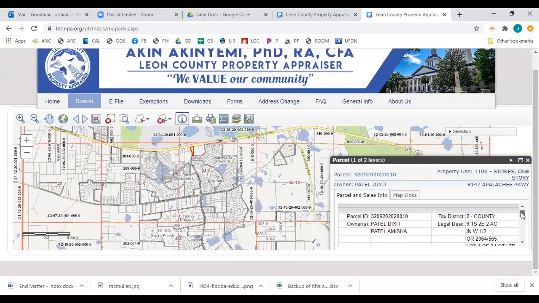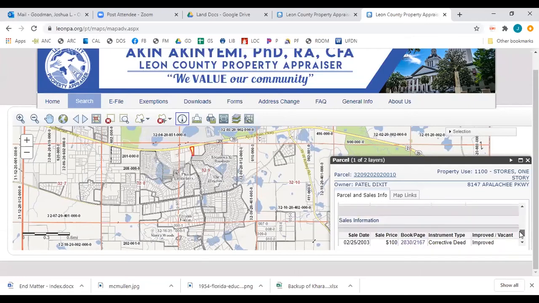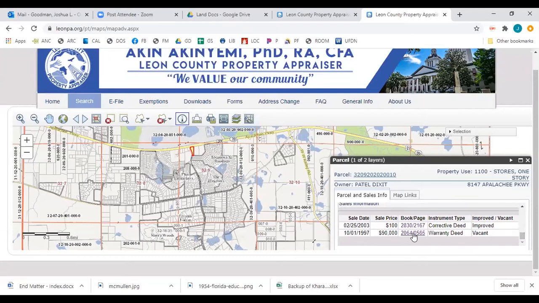So you know something I might be able to do? Not saying this will work 100% of the time, but remember how we could go and look at old deeds that were for this piece of property? If I go back and look, there's a deed from 1997 in here. I wonder if there's a better legal description of this piece of property in here. And so I can actually click on this deed.